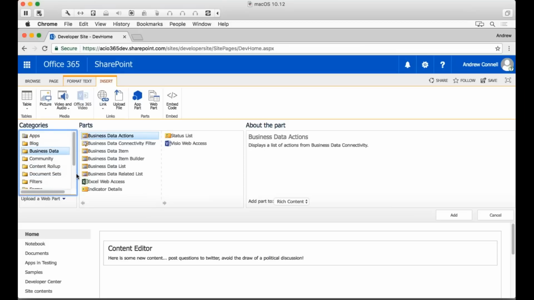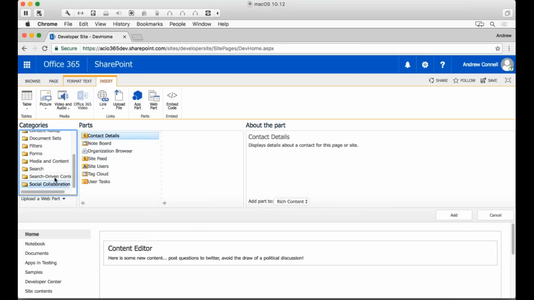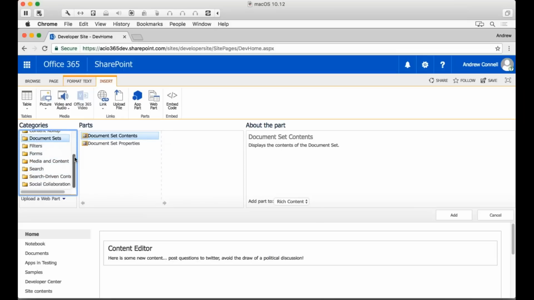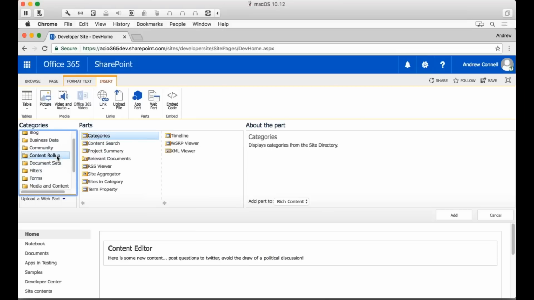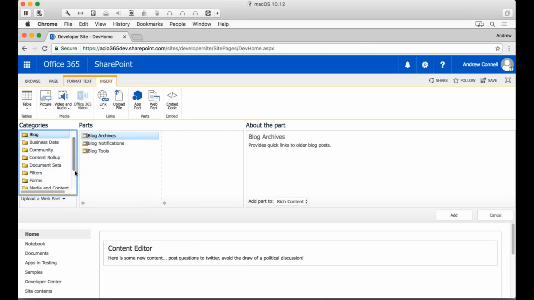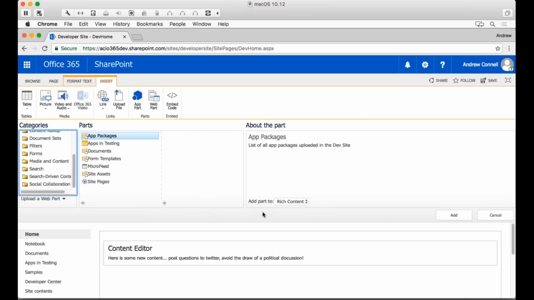Where's my news? Okay, well, it looks like my tenant. So usually you would see a little spot where I could do like a news list web part. Let's see if I can just find it real quick. Let me click through all these. Search. No, no, no, no. Oh, man, guys. Oh. Anyway, so I used to have a spot here where there was a news web part. I'll show you where that was.